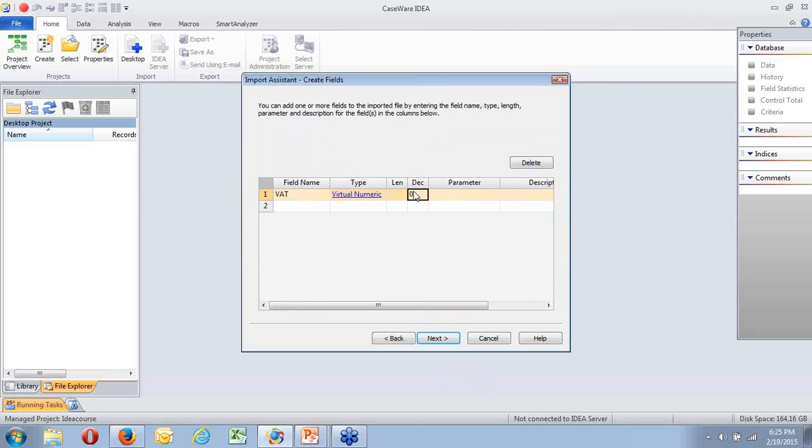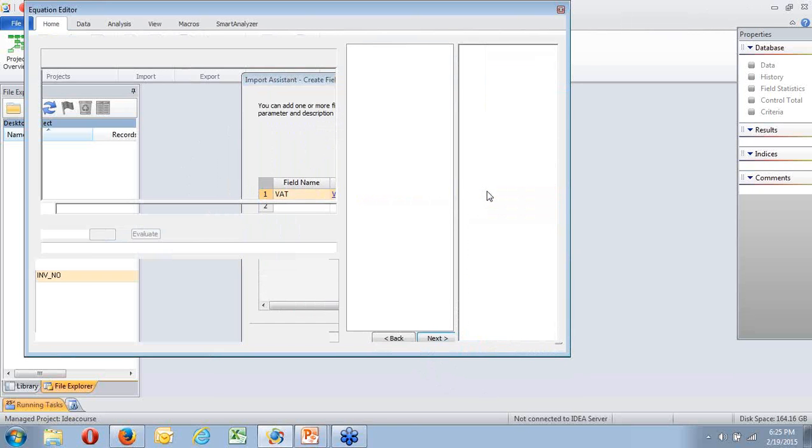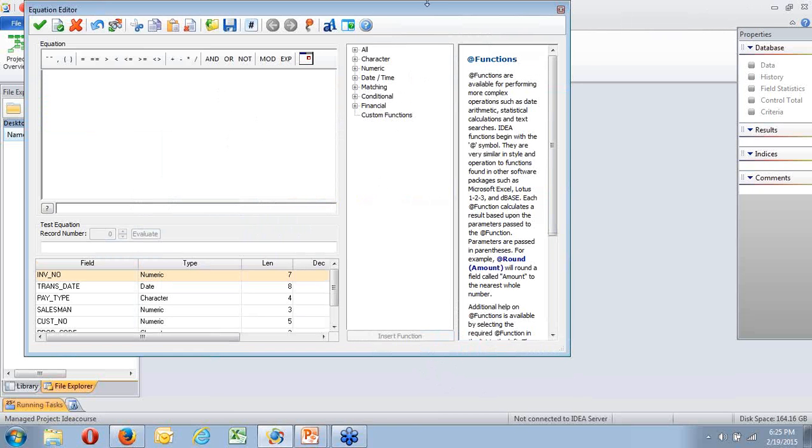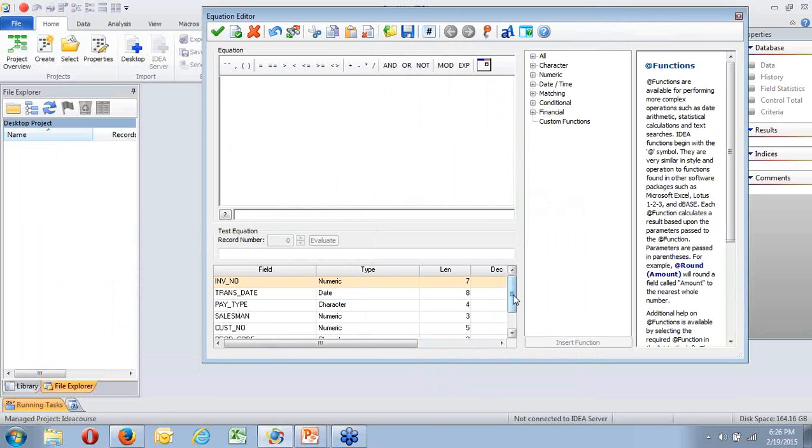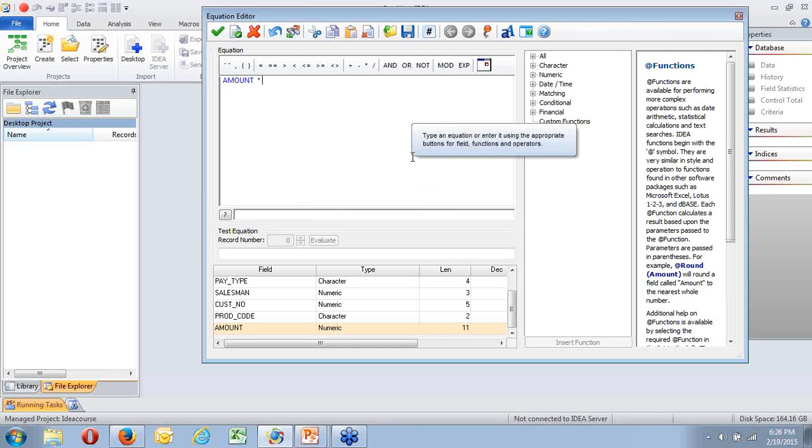I'm going to give it 2 decimal places, and I'm going to give it a parameter. Now, what is my value added tax? Well, tax is running at, for argument's sake, 13%. So the tax will be the amount times 13%. So what is 13%?